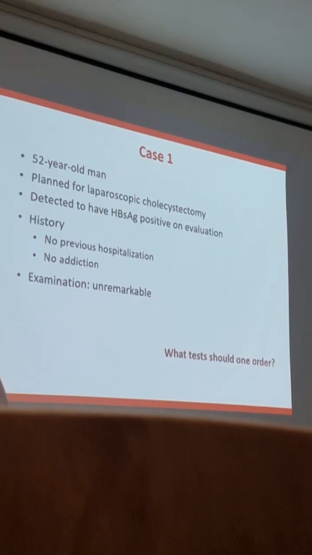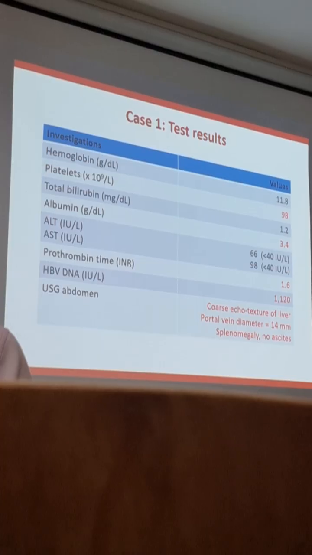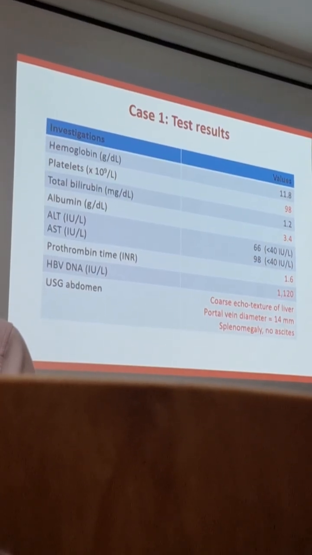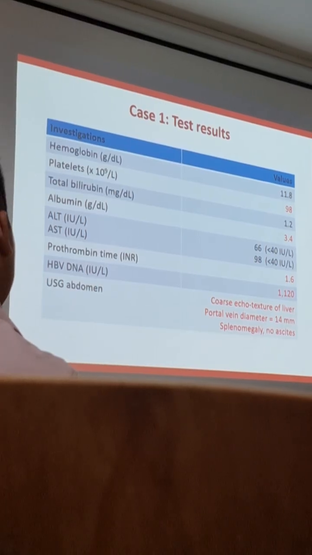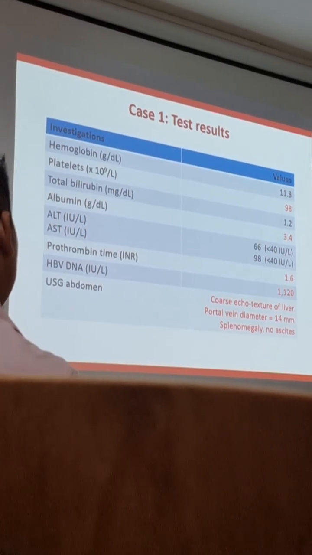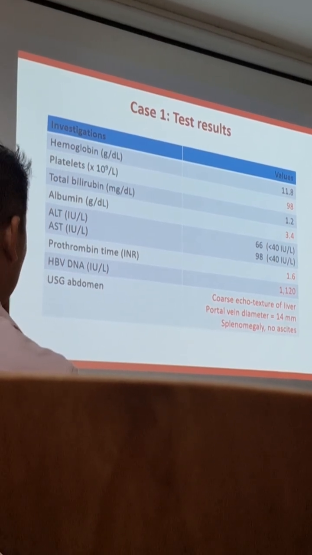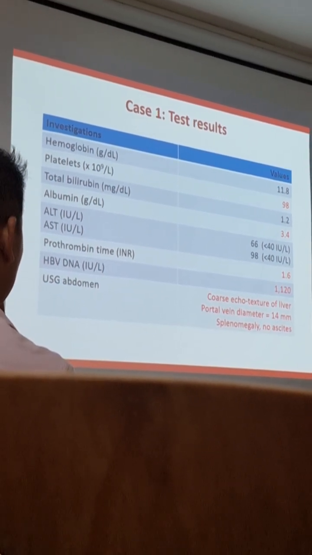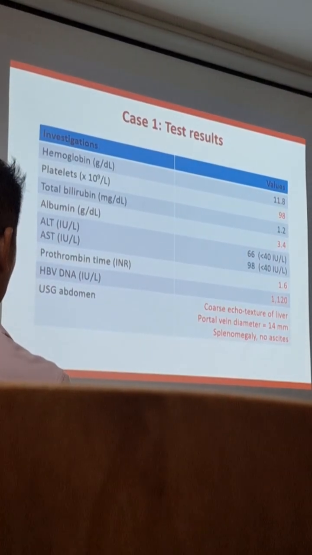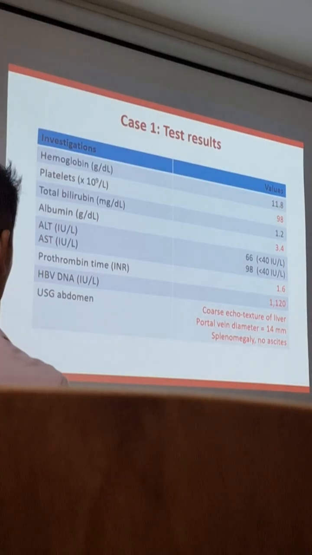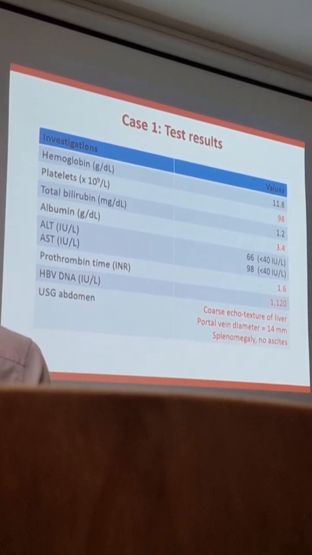Years of hospitalization, and antibody is positive, what else should you do? You do LFT, KFT, complete hemogram, abdominal ultrasound, and the viral load. In this patient, there is anemia, platelets are decreasing. If the platelet count is less than 1 lakh, that means the patient is developing cirrhosis. If bilirubin is okay, albumin is a little bit low, that means the liver synthetic function is decreasing. Enzymes are a little bit raised, prothrombin time is 1.6, that means the patient is going towards decompensation.